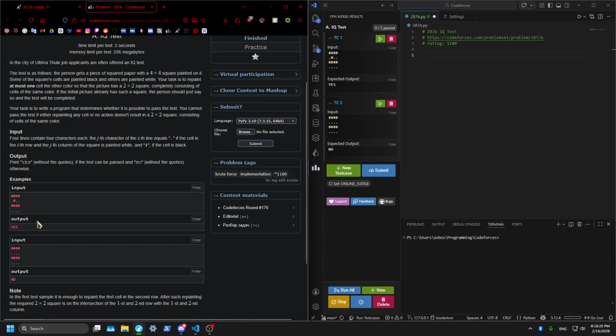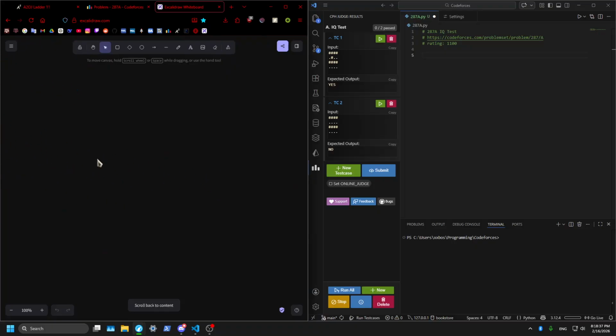We need a 2x2 square. How can we track this? Let's get a whiteboard. 2x2 square. Well, okay, so since the sample size is small, we're confined to this 4x4,